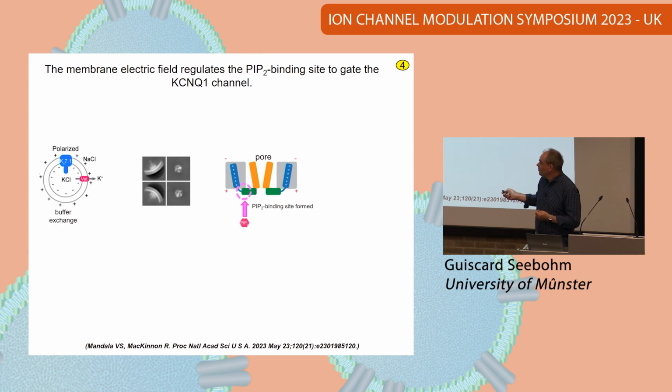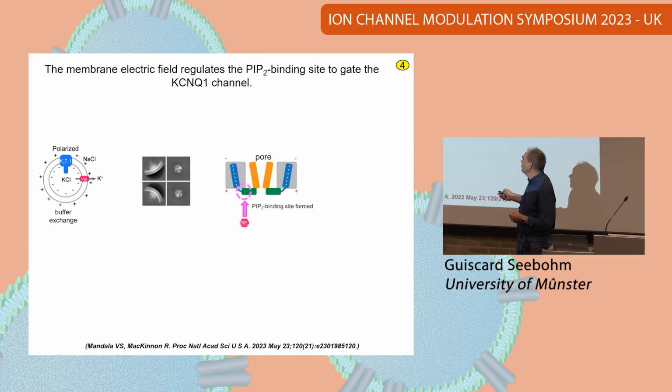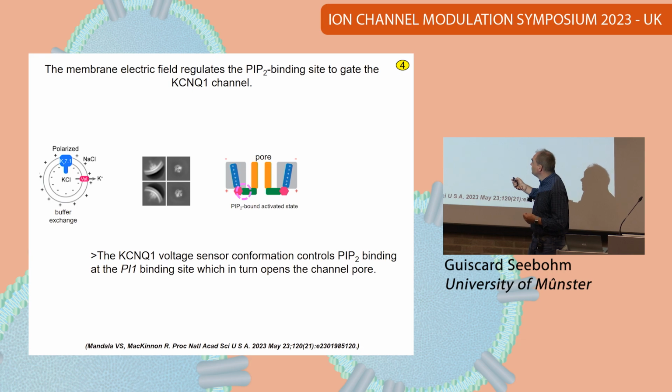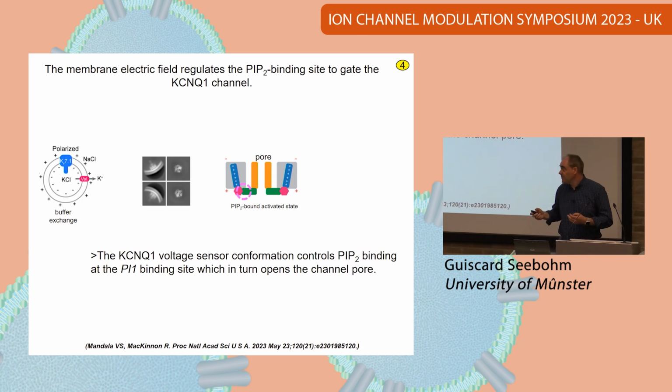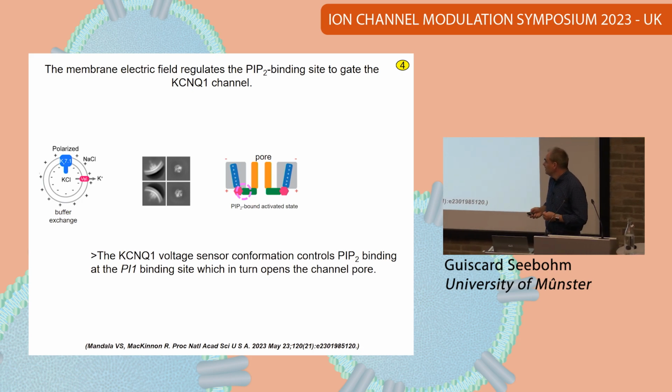Then they polarized these vesicles, pushing the voltage sensor into the up position. Now there are conformational changes here at the PIP2 site. We now generate by this conformational change an affinity for PIP2, and when PIP2 binds, PIP2 basically triggers the pore to open. So it's basically like binding of this ligand opens the channel. It's not directly that the voltage sensor does the job by itself very easily.